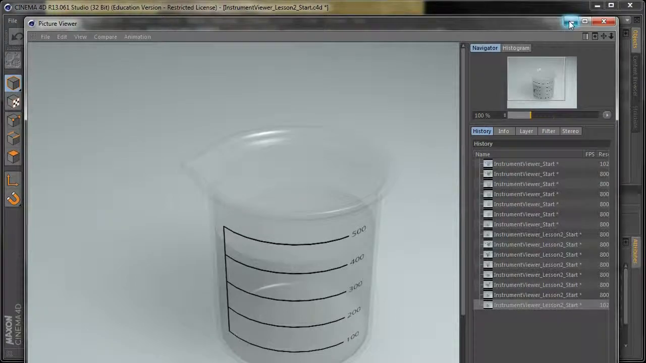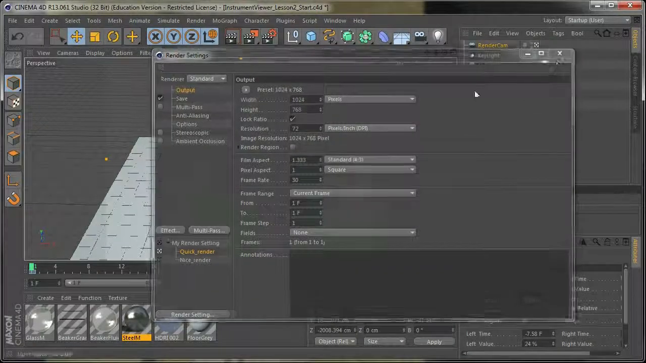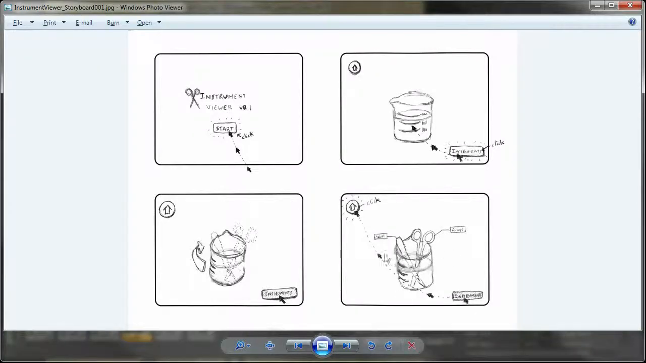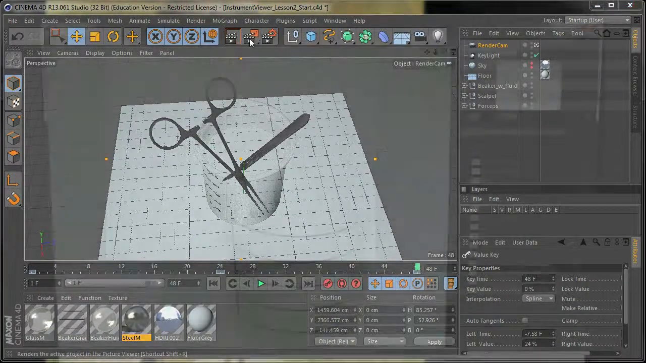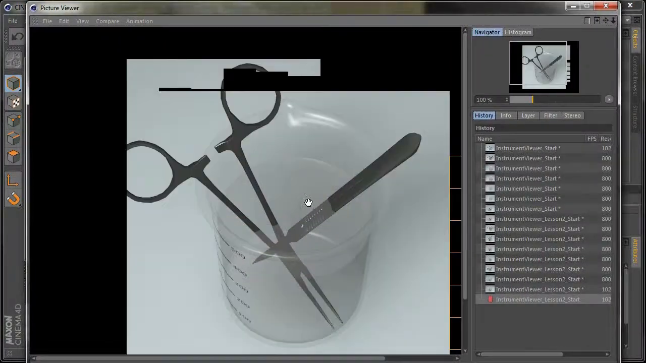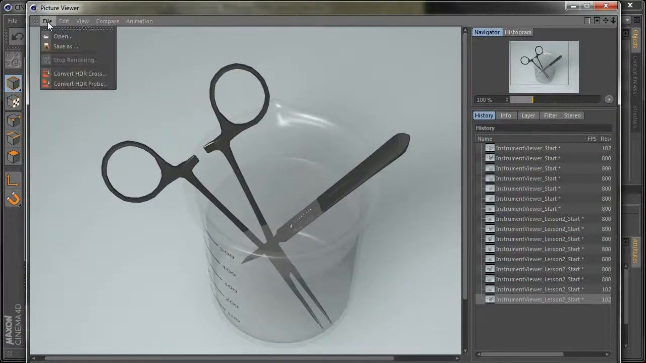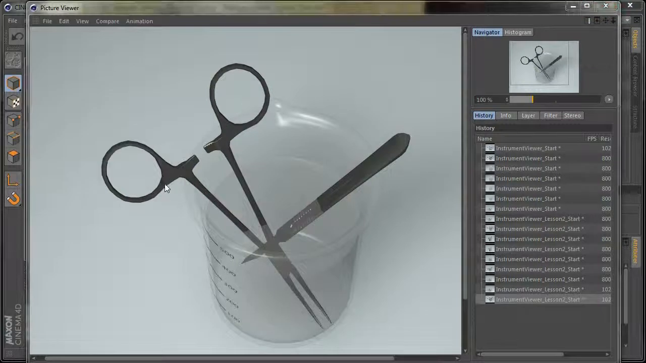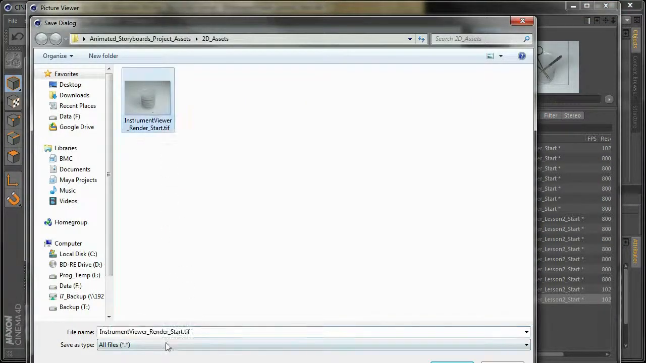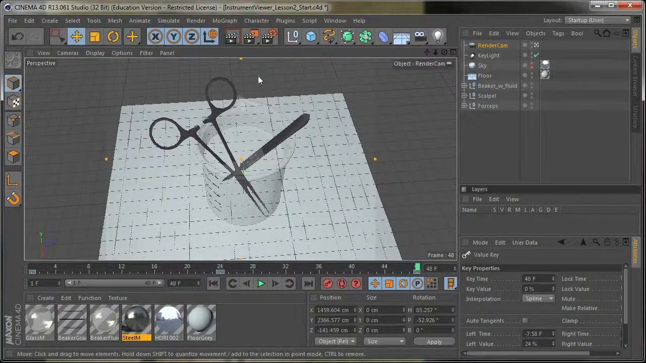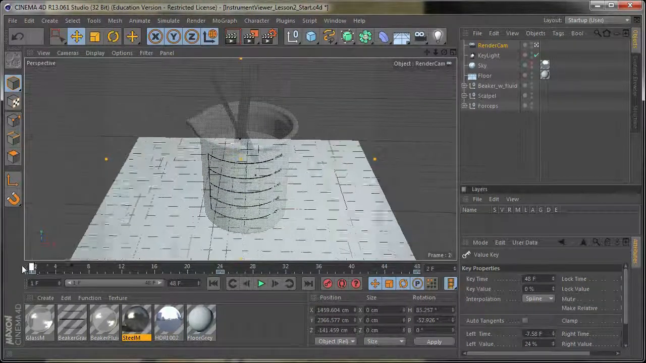Okay, so now we can go to our end frame, because for our storyboard we also want to be able to stay at our end frame. Okay, so we've got our end frame here, so we'll do Save As, and let's call this end. Okay, great. So we've got our start and our end frame out,